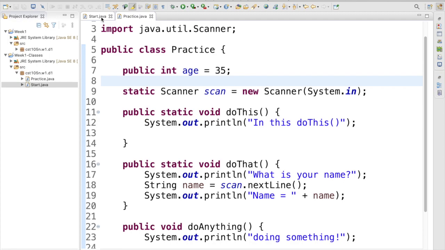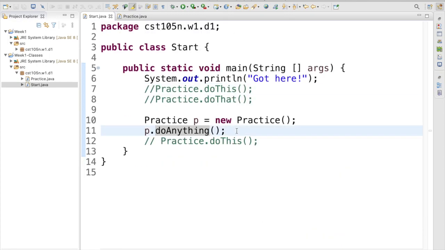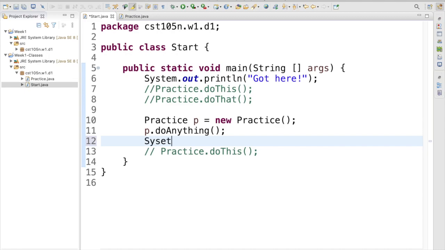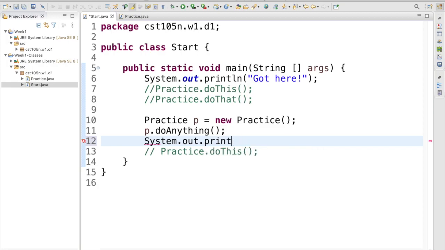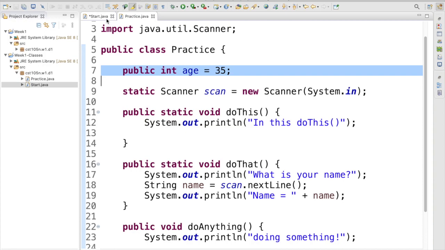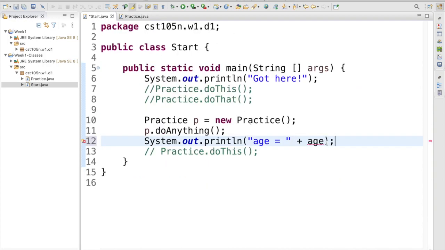Let's go back over to our start class here, and let's see if we have access to do anything with that. So let's do a System.out.println, and we're going to say age equals plus, and let's just try to get right to age. So we're trying to access this age right here. Okay, we're getting an error right now, and Eclipse is telling us that age cannot be resolved to a variable. So we can create a local variable, we can create a couple different things, but none of that's what we want to do. So if we try to access it statically,